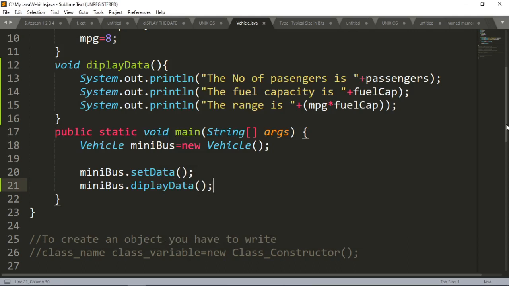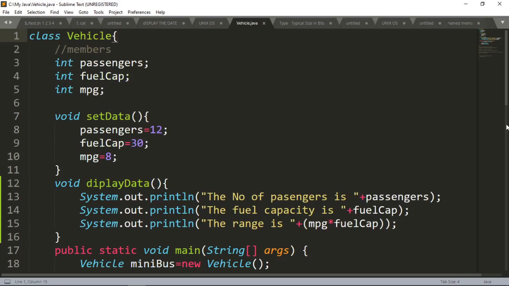What I told you is that a constructor is just like a method, but the constructor name should be the same as the class name, because the constructor initializes the object. Now an object is a class type variable, so for that reason the constructor name should be the same as the class name. Right now just understand it like this, in a simple manner: a constructor initializes an object. Initializes means it will initialize the object's properties during its creation. How? I will show you.